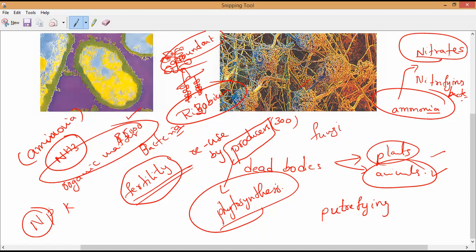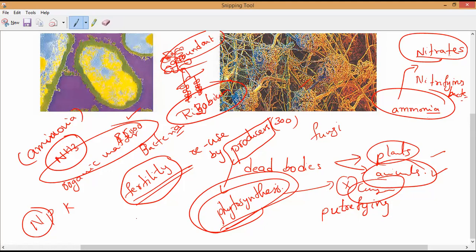So life will never be sustained, because if there are no producers producing food by photosynthesis, then no consumers will be present. If there are no consumers, life will come to an end on this earth. That is why decomposer organisms help in recycling materials in the ecosystem, so that life may go on, like an unending chain, continuously.